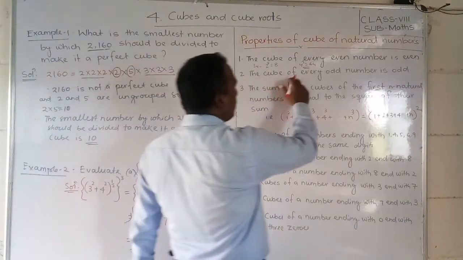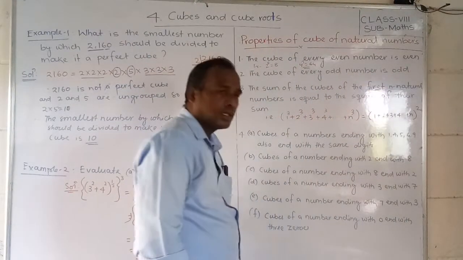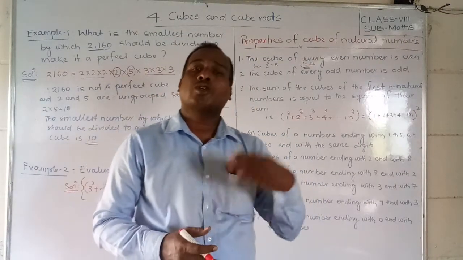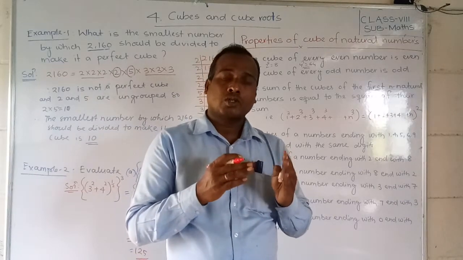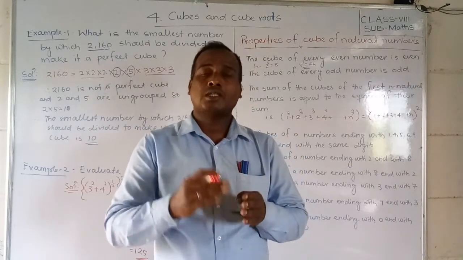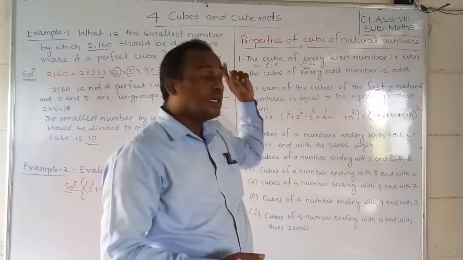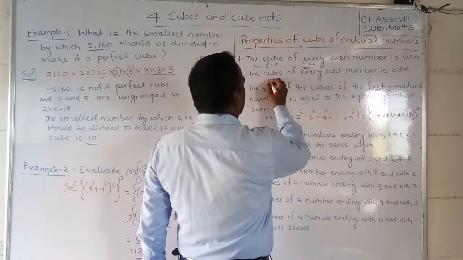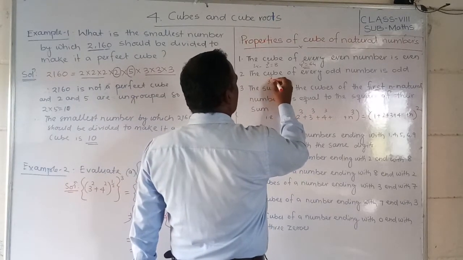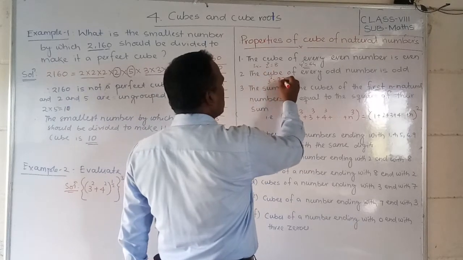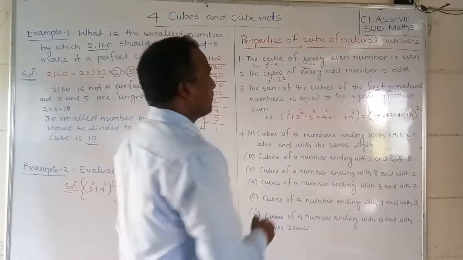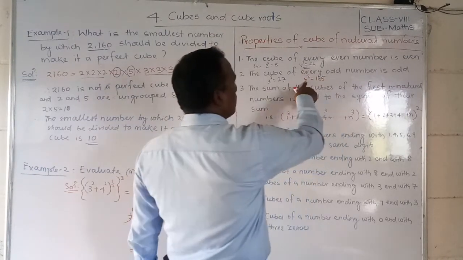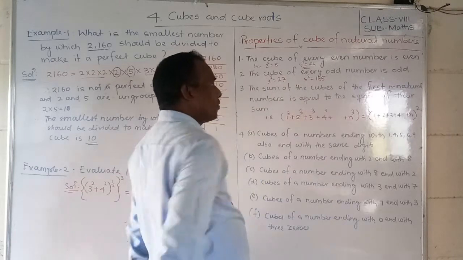Okay. The cube of every odd number is also an odd number. Same like the square of an odd number is also an odd number. Yes or no? Same like the square of an odd number is also an odd number, same as that we can say the cube of an odd number is also an odd number. So see, students, here: suppose I say 3 cube. 3 is an odd number. 3 cube is 27, 27 is also an odd number. 5 cube is equal to 125. 5 is also an odd number. If you cube it, that value is also an odd number.